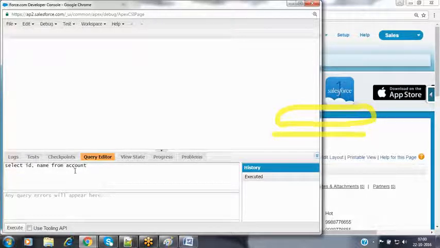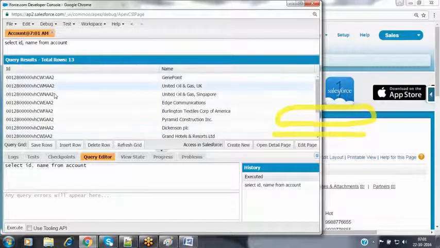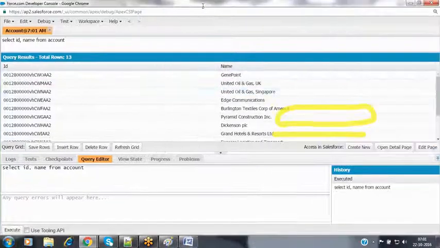What is the association between a field and a column? Everything we'll see practically in the next session. Now type the columns you want to fetch and click on the execute button. Click on execute, and all the account records, IDs and their names will be populated. In total, 13 records are available inside this account table, where 12 records were given by Salesforce by default and 1 record we have created just now.